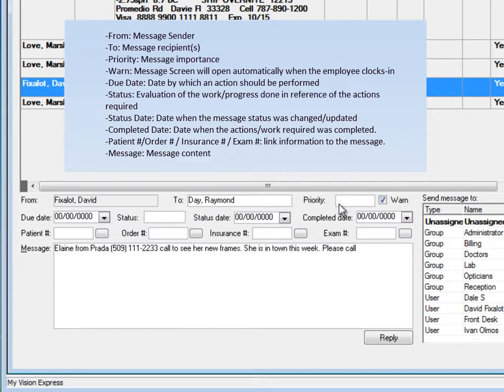The fields for the employee messages are: from, message sender; to, message recipient; priority, message importance; warn, the message screen will open automatically when the employee clocks in; due date, date by which an action should be performed; status, evaluation of the work progress done in reference of the actions required; status date, this is the date when the message status